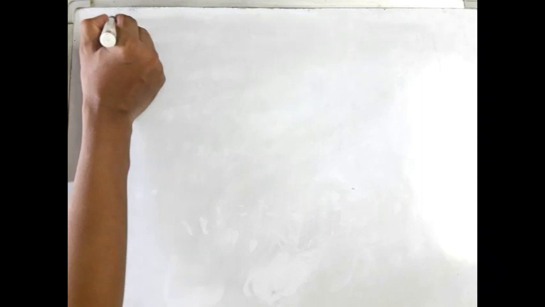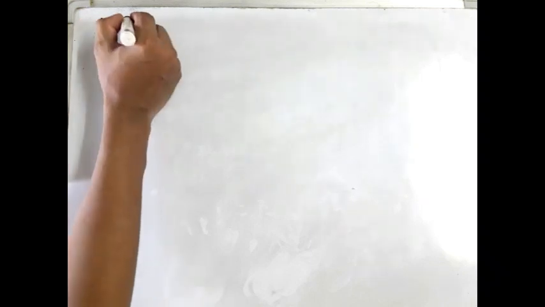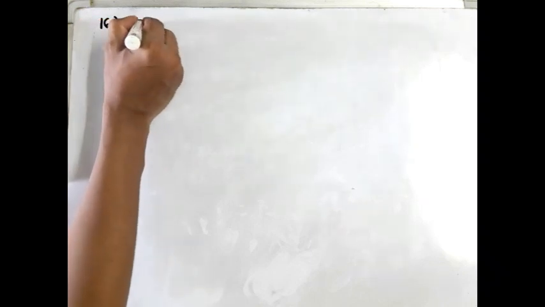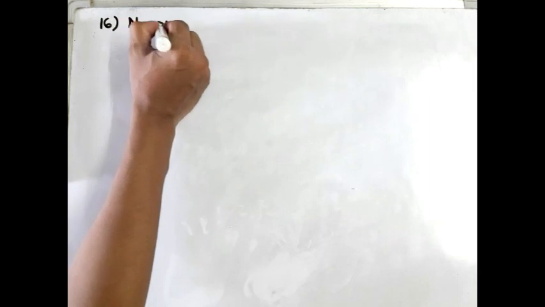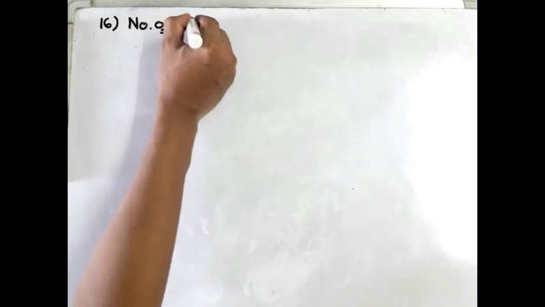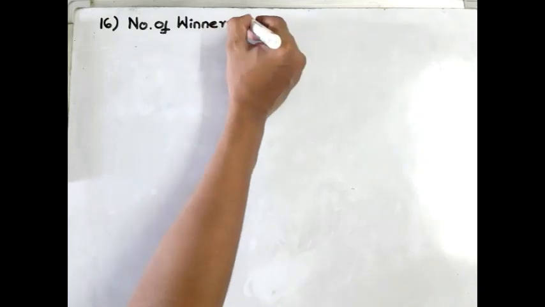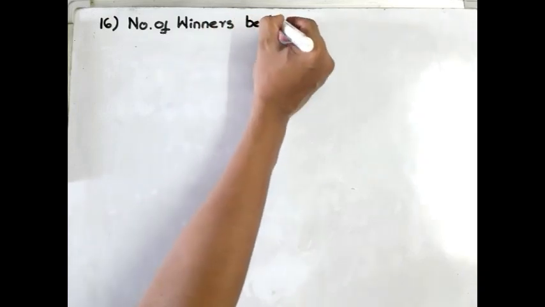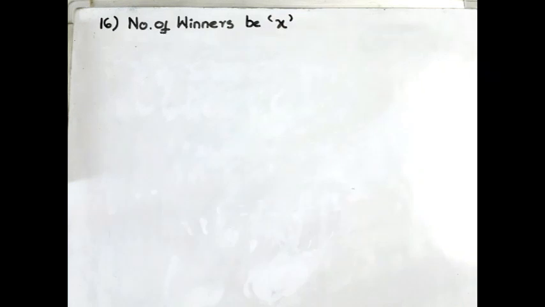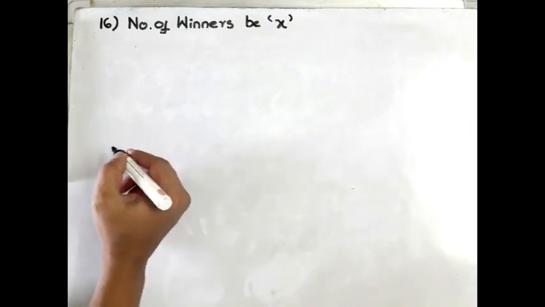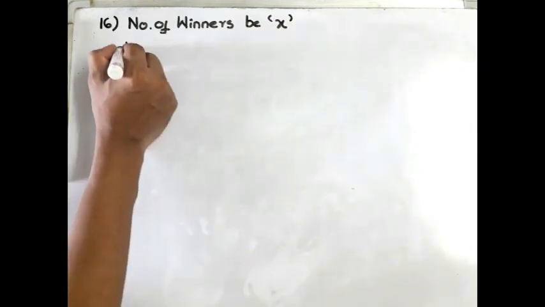Now, as the given question is mainly pointing to the winners and we don't know the number of winners, I am taking number of winners is equal to x. As usual, you know, when there is an unknown quantity, we will take it as x. Let the number of winners be x. Then